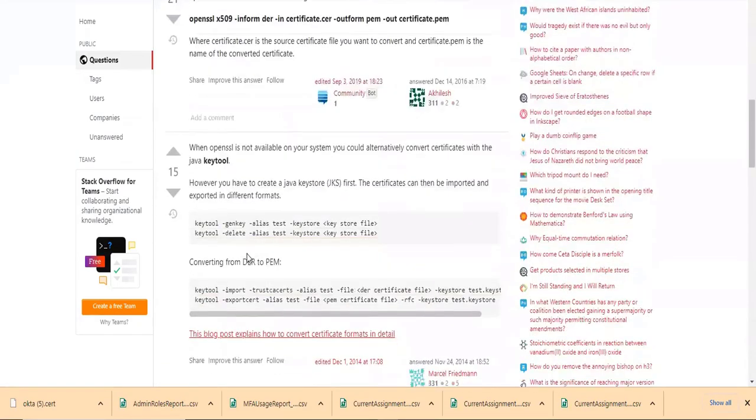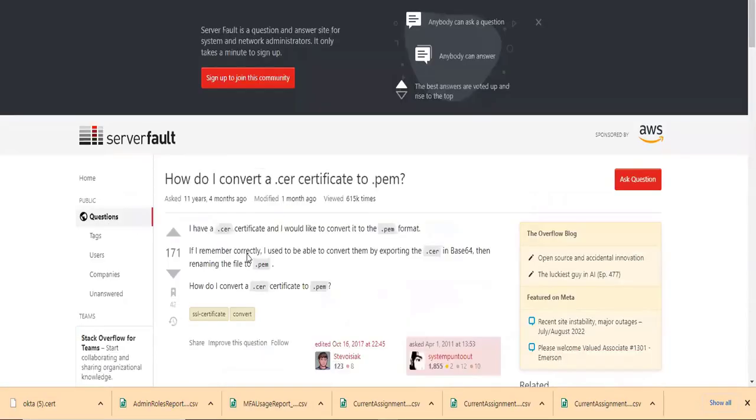Okay, actually I don't know which website it is. Some website does have where you can convert your cert file to PEM, but that is not the suggestible way because you are uploading your company certificate to some other online tools, right? So which is not a suggestible way. So you have an option in Okta API, which you can convert it with the help of the Okta API.